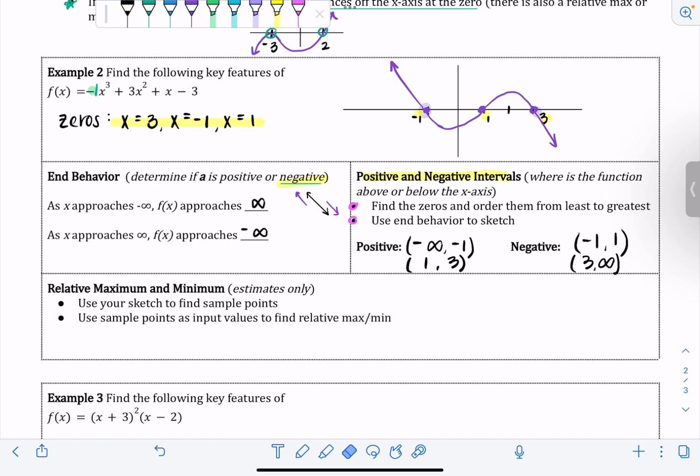We're just trying to figure out an area where it's changing direction and then use those points as input values to find the height of them. So maybe around right here it's changing direction. Actually, I'm going to say right here, since I don't want to put in a decimal and make life harder than it needs to be. So we can say right there it's changing direction,